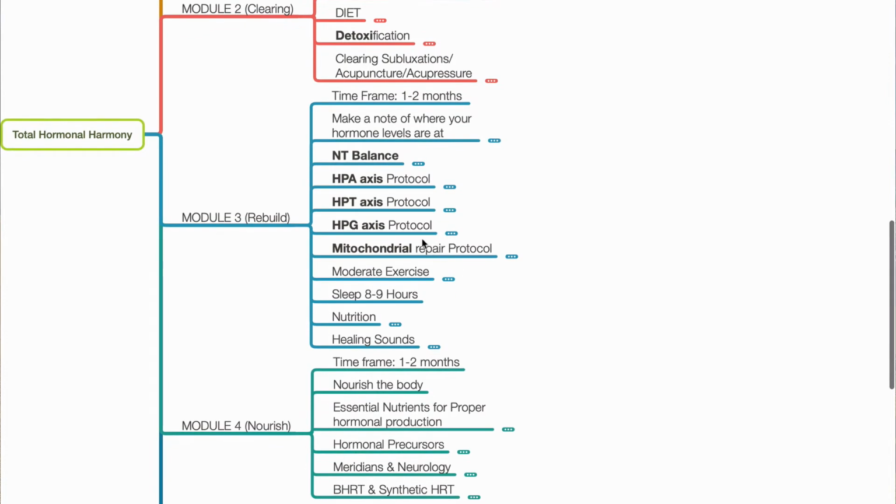And then we start diving into the mitochondria. This is one of the things that is really overlooked by a lot of different programs that I've seen out there. They totally neglect the mitochondria, and this is where your steroid hormone conversion process even takes place. If your mitochondria aren't working properly, you can be doing all the different creams, lotions, potions, shakes, foods, and supplements, but it's not going to work effectively.